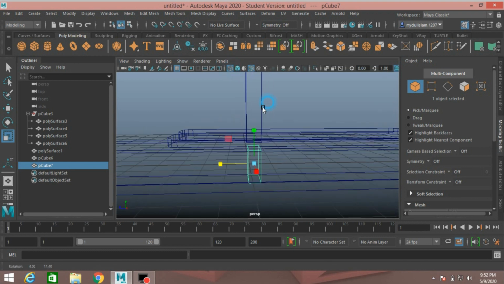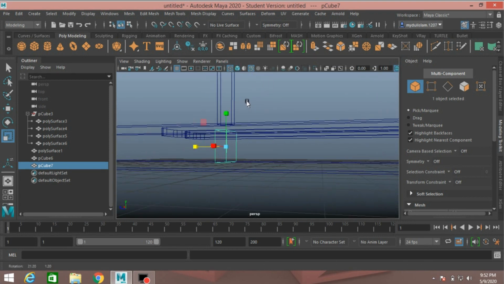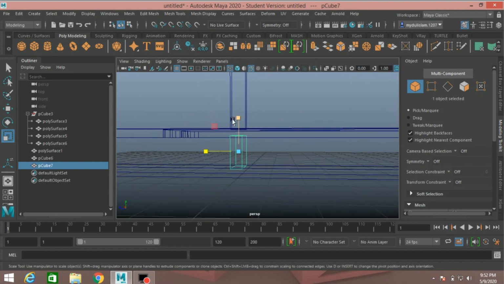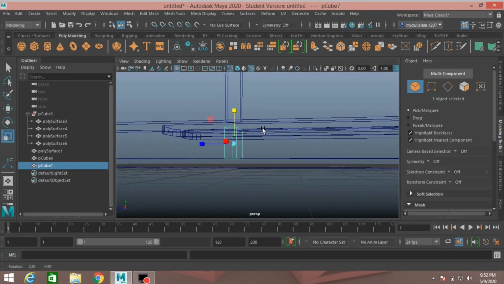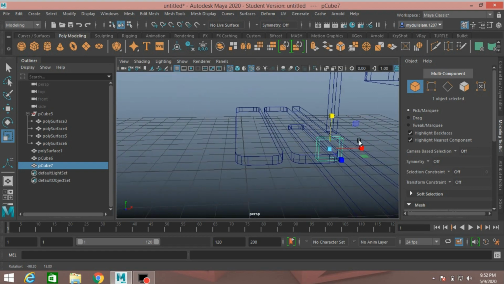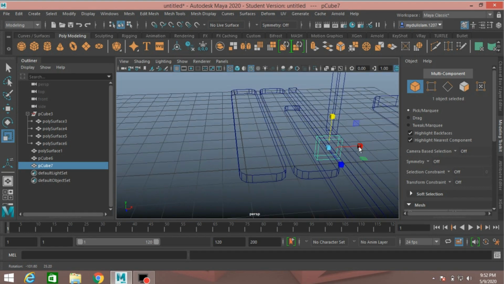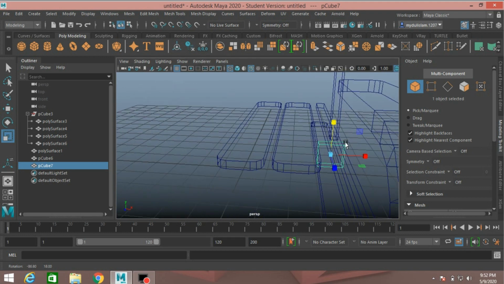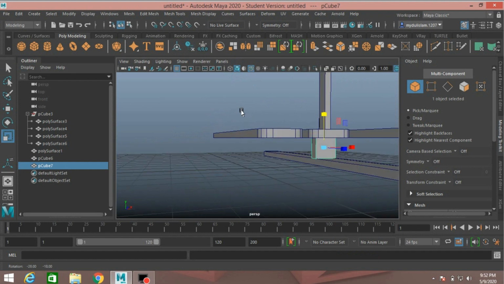Go to wireframe mode and scale slightly just like this. Go to shaded mode.